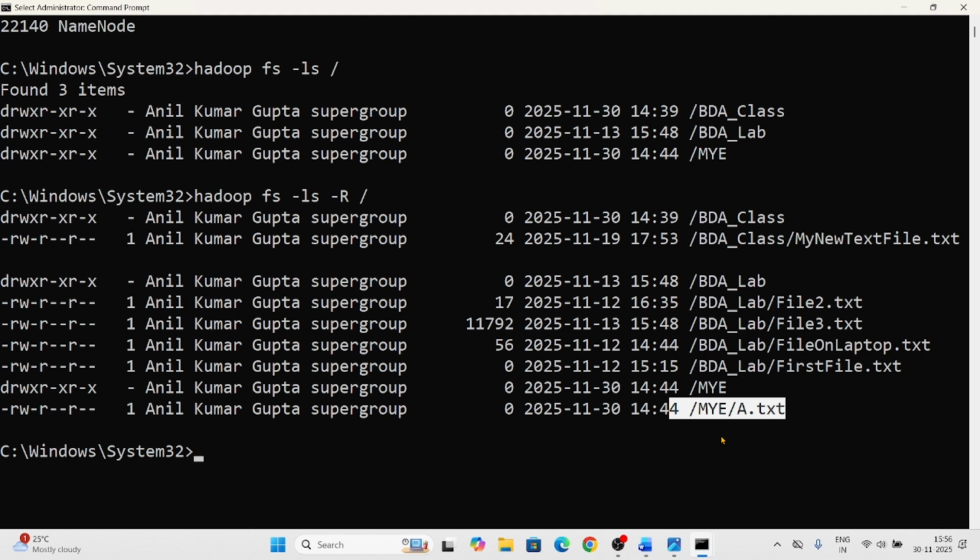Now one quick tip that you must remember is about the command you are running, Hadoop FS -ls /. This same command can be replaced.